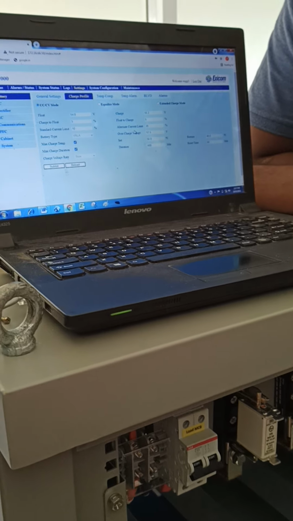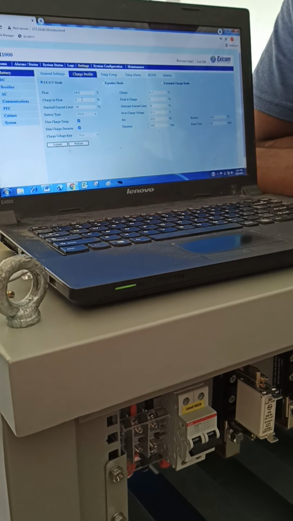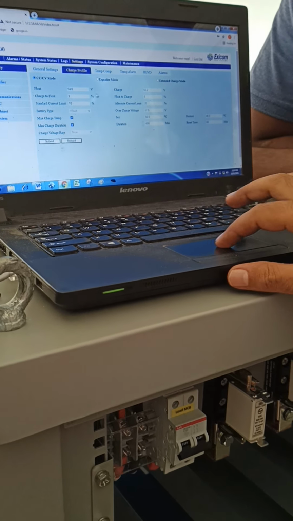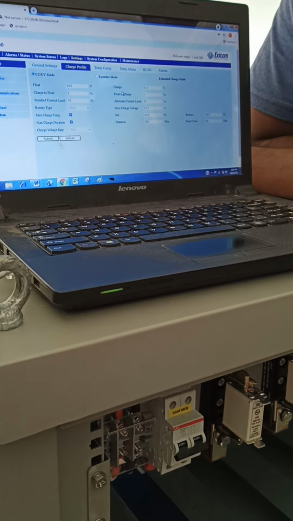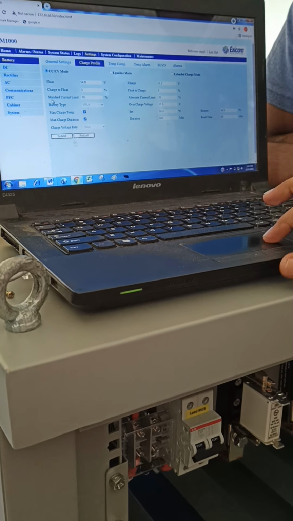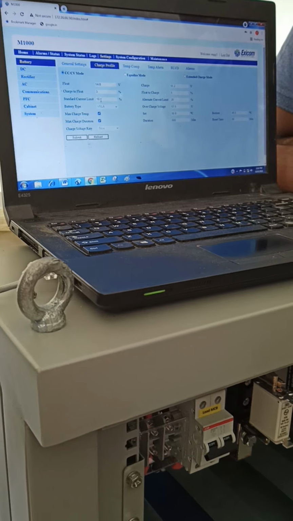So it will take the load, which means float mode. If it goes to 5%, then it will be charge mode. And if it goes to 10%, then the battery will come into current limit, DCL. So it should become 10%, and it should not go more than 10.